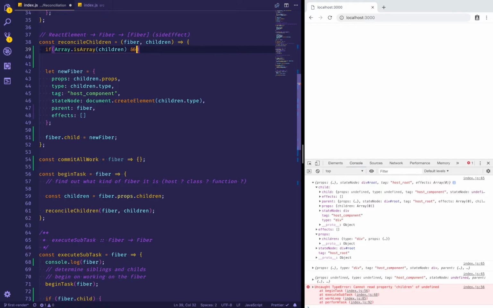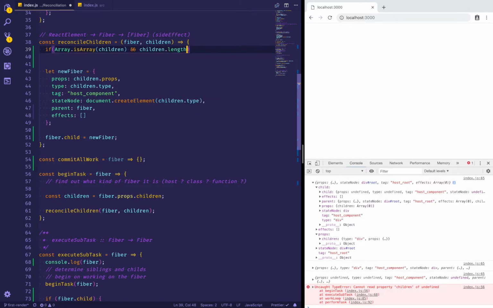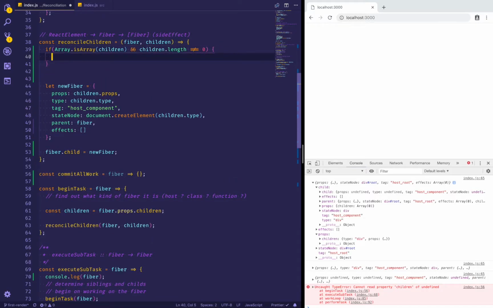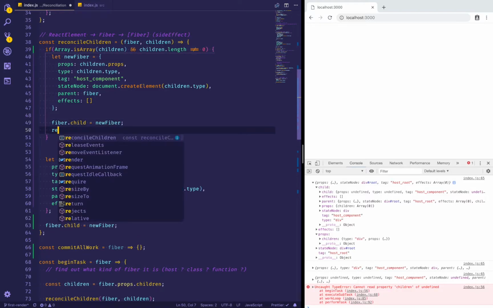Actually, it's not just you don't need to, you must not run it, because it will throw an error. It doesn't have the right fields. So we also need to do children.length